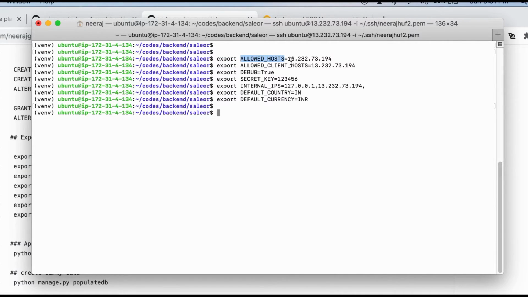ALLOWED_HOSTS is the IP from where Django will allow access. Debug, I am setting by default to true. Secret, this should be your own secret. Internal IPs. Default country, I am selecting India, IND, and my default currency is going to be INR. If you don't select anything, then the default country will be US and the default currency would be US dollars.